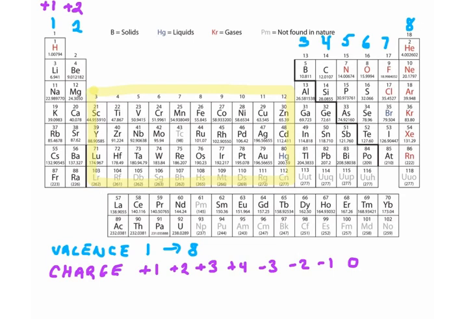Again, we're going to skip all the transition metals and start again in the boron family at +3, carbon +4. Then we're going to start from the other side, just so that we don't get confused about how these negative charges go. We're going to start with the noble gases because they do not form ions, and so they have a charge of 0. And then the next column, the halogens are -1, oxygen family -2, and the nitrogen family